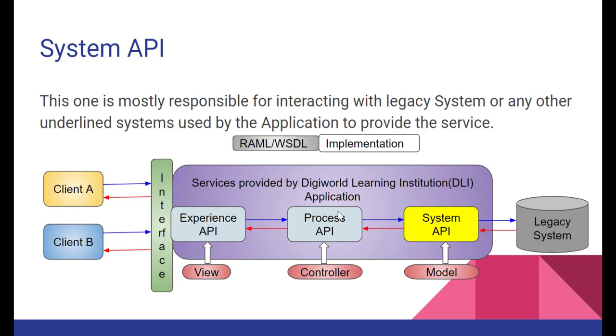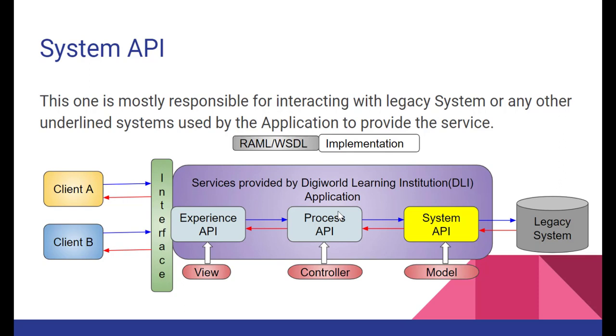The basic purpose of this kind of design is to provide a loosely coupled system, right? You might have heard of the microservice framework. This is kind of that only, right? They have basically split the actual implementation into three parts, and each one of these APIs has its own interface as well as the implementation part, right? So what is the advantage of this?